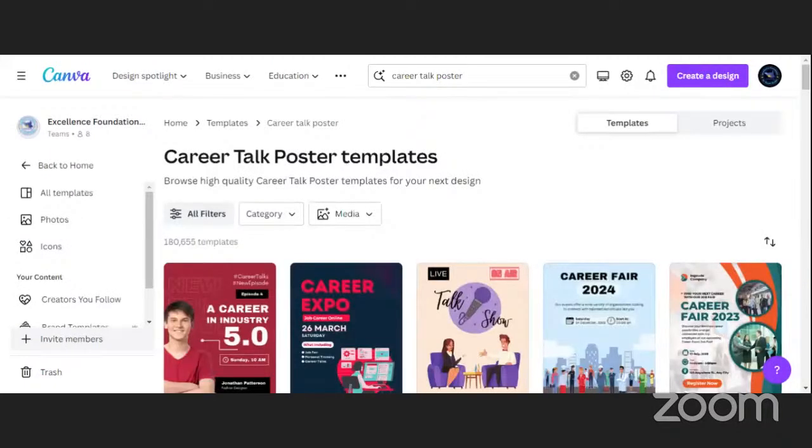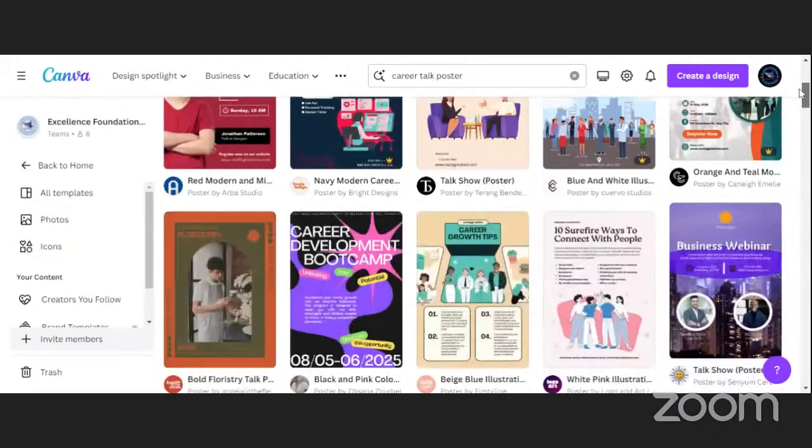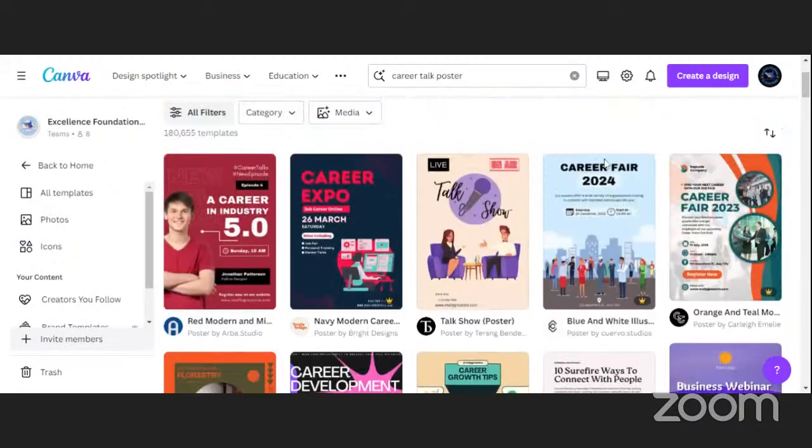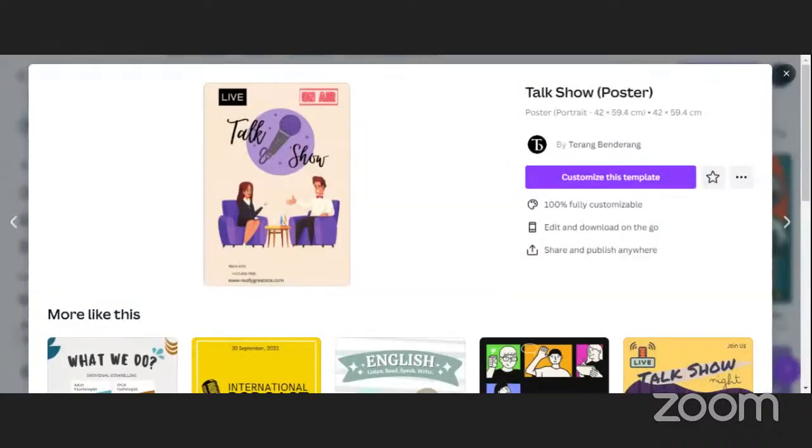And yes, it gives you some templates that you can choose. Let's say I like these ones. I can click this, and then I can come to customize.